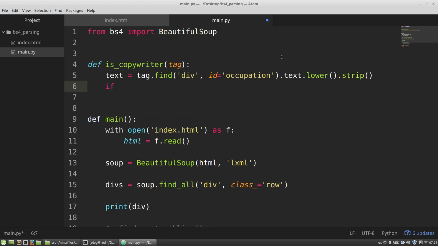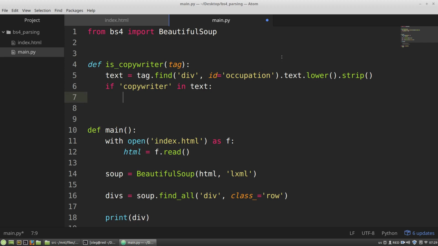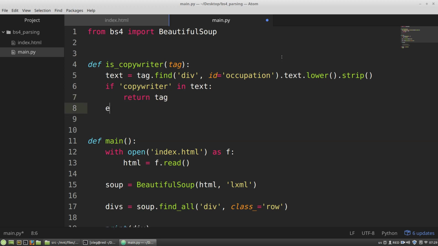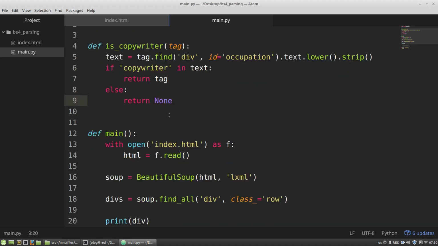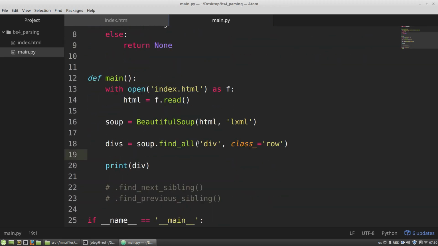And then if copywriter is in text variable, then I can return the tag or I can return true. And otherwise I want to return none or false. The function is ready, and here